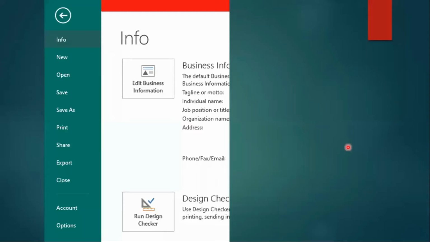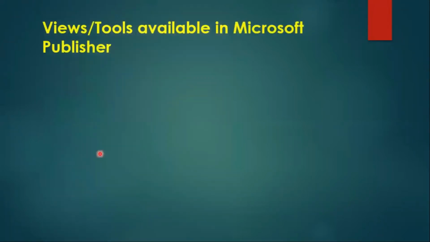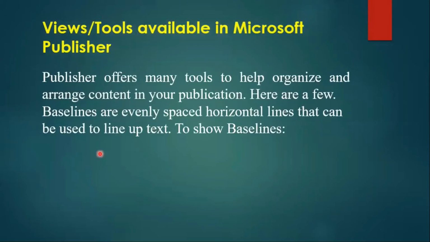Help you to do what? To perform what? An action. Good. Then we also have available what? Tools. We have some tools available, and we are saying that Publisher offers many tools to help organize and arrange content in your publication. Here are some of the